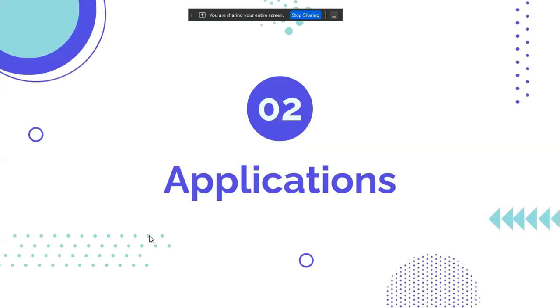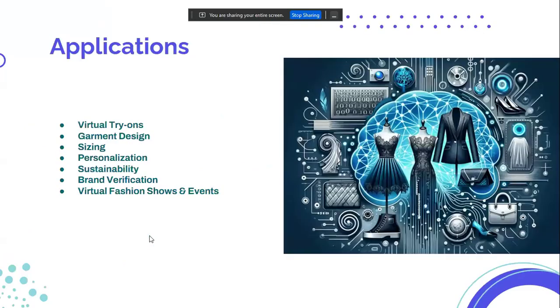In the second part of the section, we look at the applications, how these algorithms are actually being applied in the fashion realm, and these are the key applications or use cases that we look at. The first one will be virtual try-ons. We look at garment design. We look at sizing. We look at personalization,